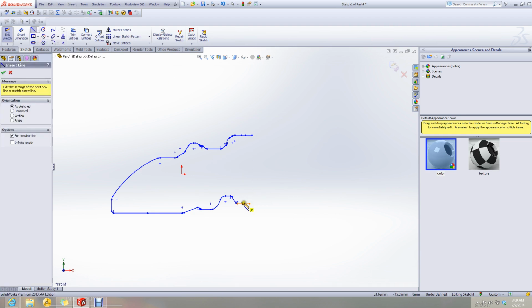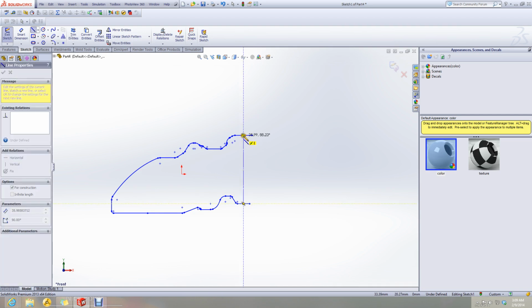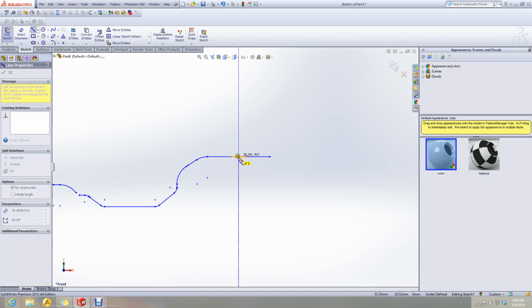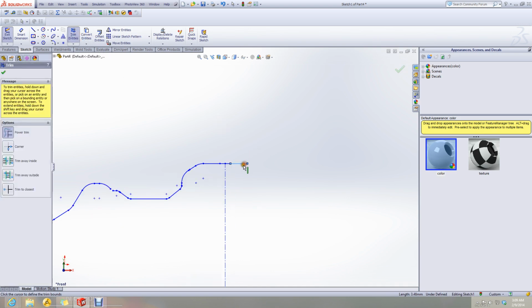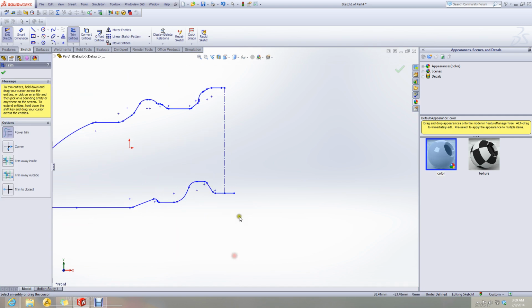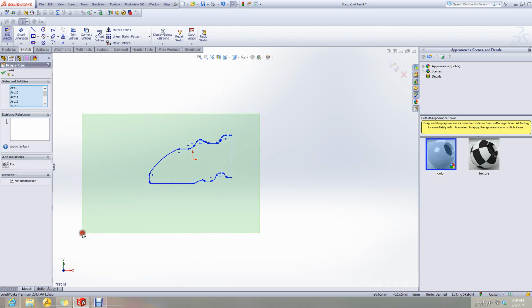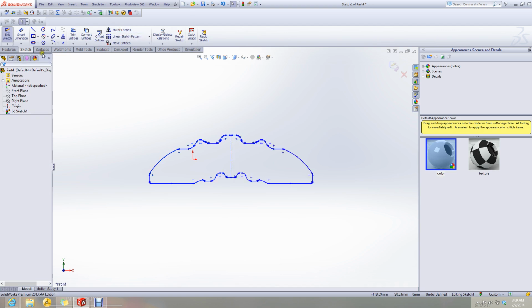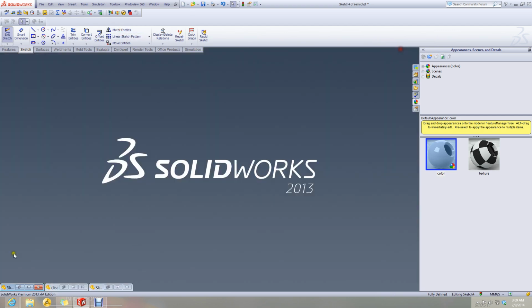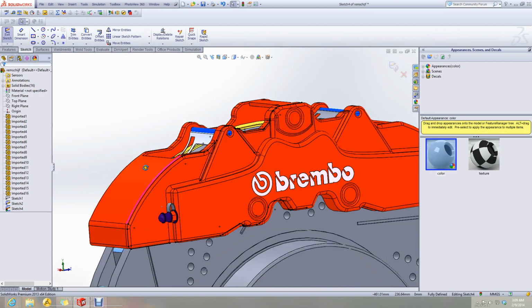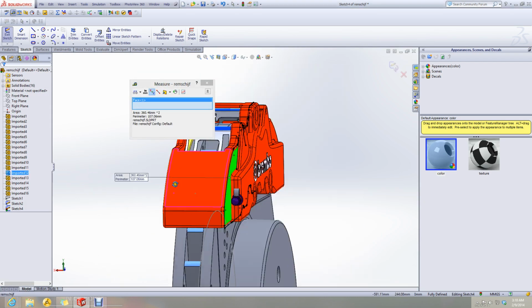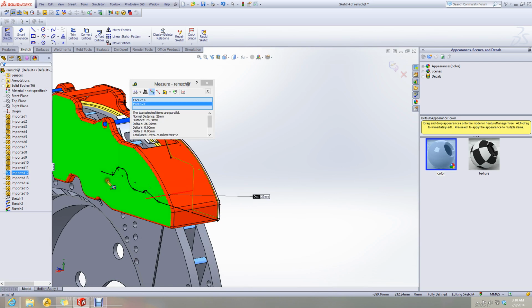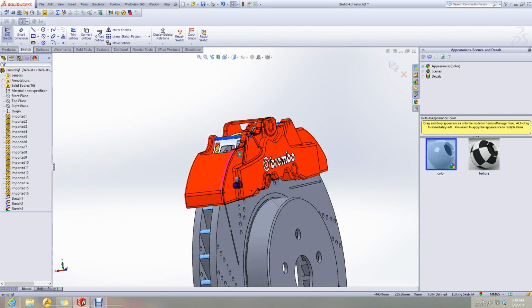This was the center. We will mirror it since it was symmetric. Let's mirror it. Now see what is the total depth of this. It is 26 millimeters.